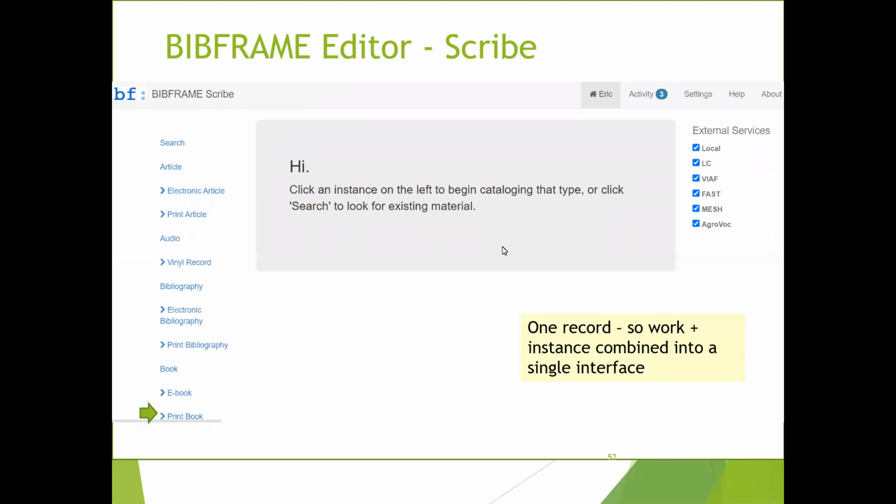So if you don't want to use those medical subject headings, or you don't want it to check FAST, which are the abbreviated Library of Congress subject headings, you can actually unclick those and it won't bother with those. So that's nice that you can customize it a little bit in terms of what you're